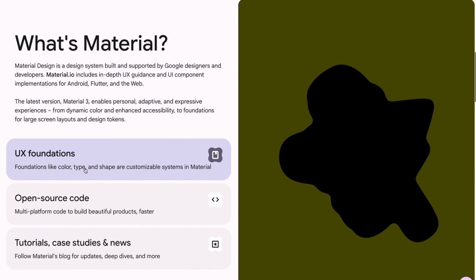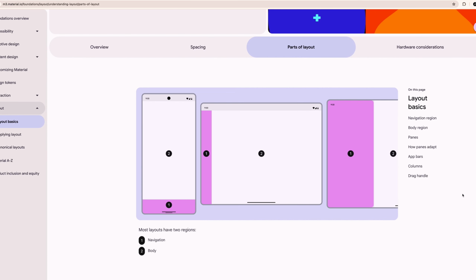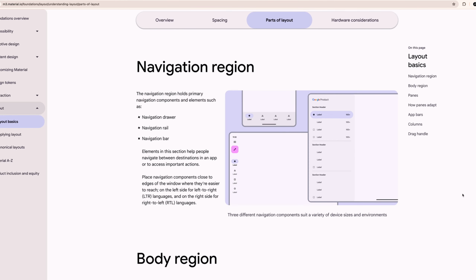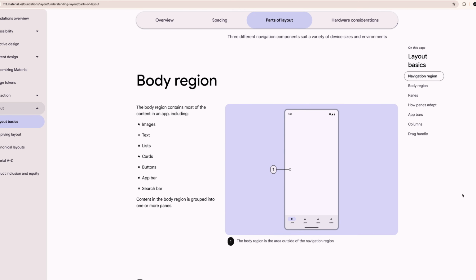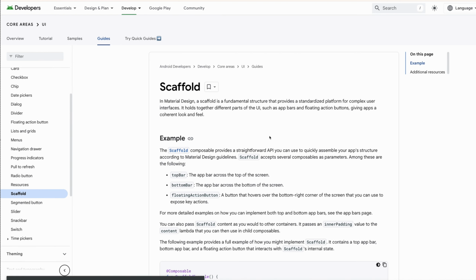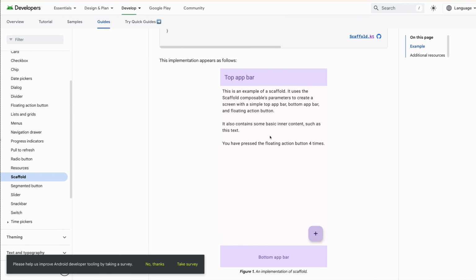This logically leads us to Material 3, which is Google's open-source design system. And according to that, our app has 2 main parts in its layout: navigation and body. The navigation region, as the name suggests, helps a user to navigate between different app destinations. The body comprises the elements that make up the app content, such as buttons, text, images, whatever. And with the help of scaffold, we can easily implement the screen that looks like so, which nicely translates to